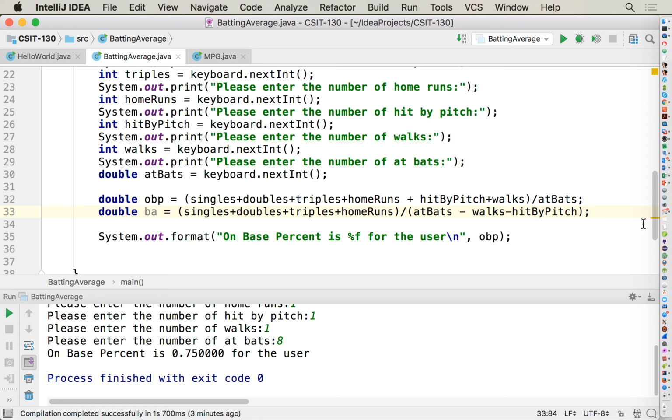And now what I'm going to do is print this on the same line, so we figure out how to print multiple things on one line using the formatter. So I have my batting average, and I can say the on-base percentage is blah, and the batting,